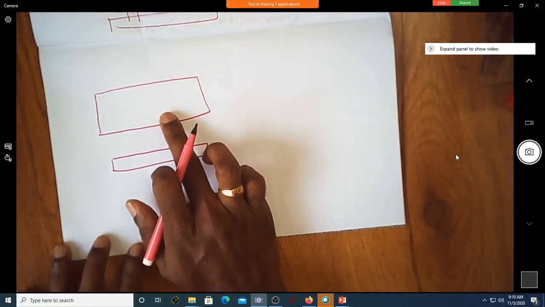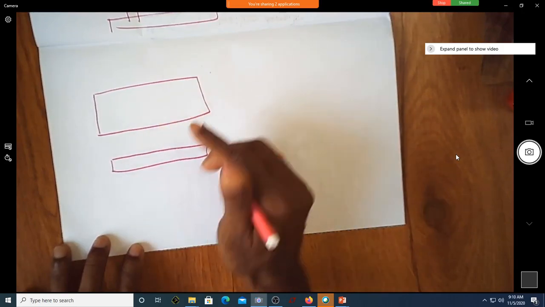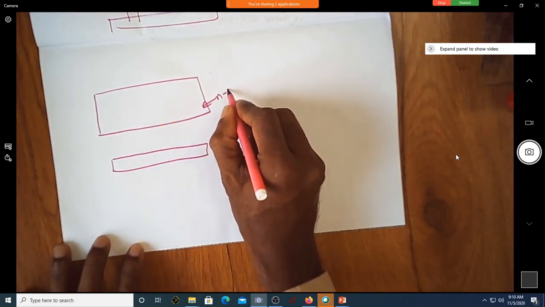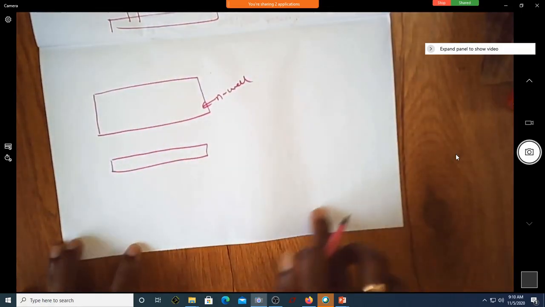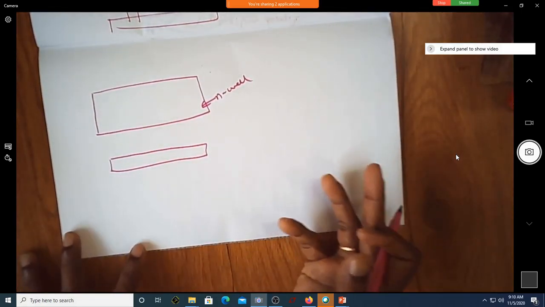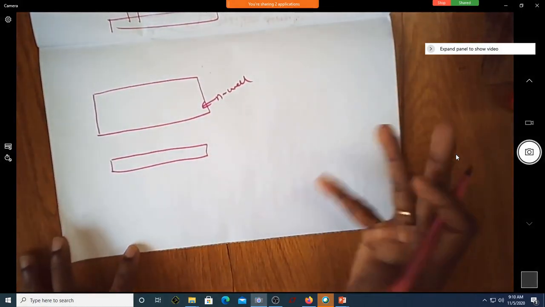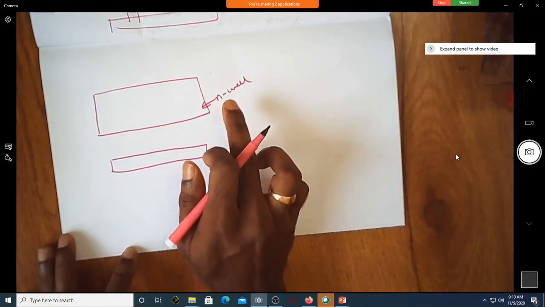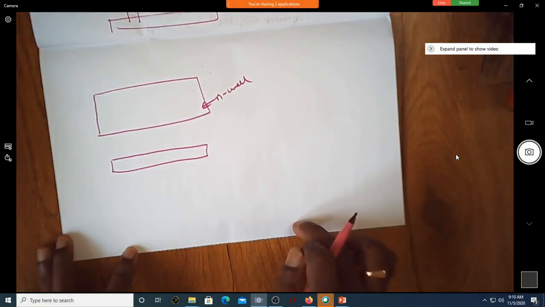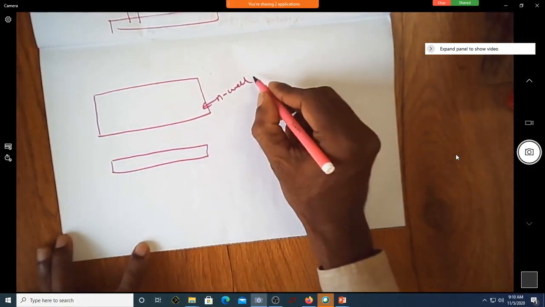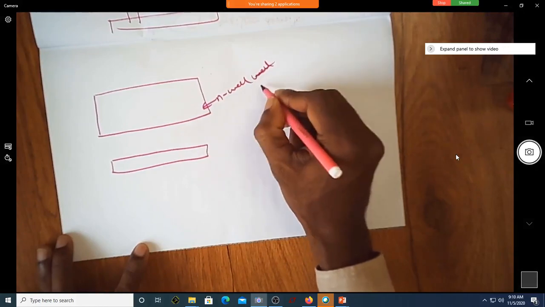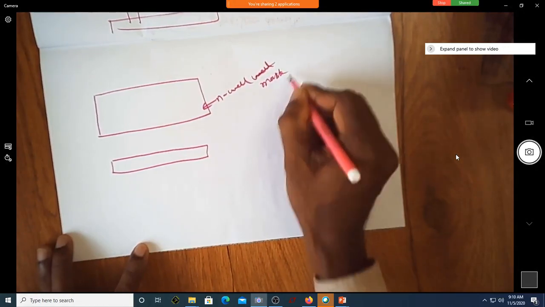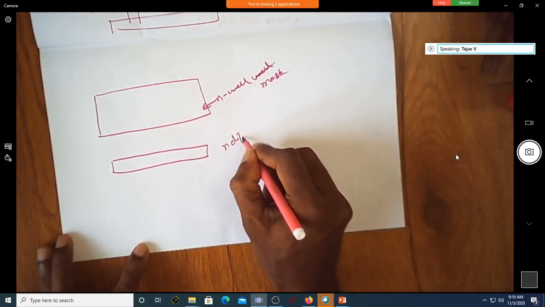But what is this mask doing now? The mask is defining where you should have the N well in this entire P substrate. Unless you specify where to have the N well, where do you grow it or diffuse your N well? So I'm defining that N well in the entire P substrate using a mask. So this I'll call the N well mask. And this is the N diffusion mask.